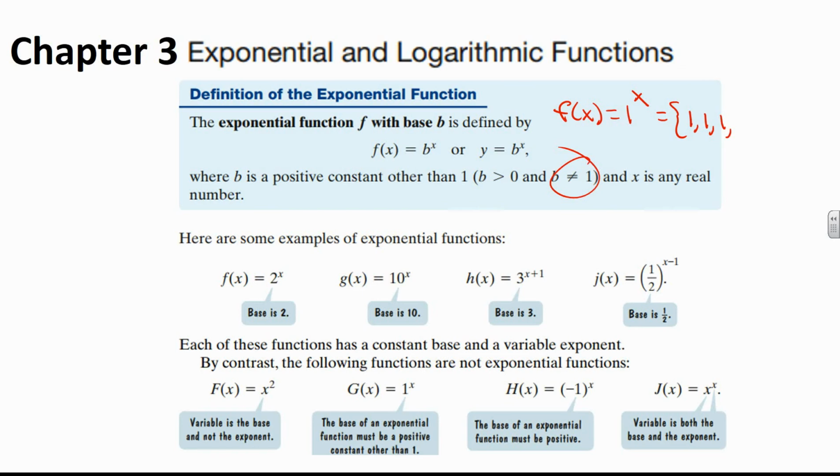Doesn't matter about x. If x is positive, then we get 1 to the positive value, which is just 1. If x is negative, then we have 1 to, say for example, the negative first power, which is still 1. And then if x is 0,